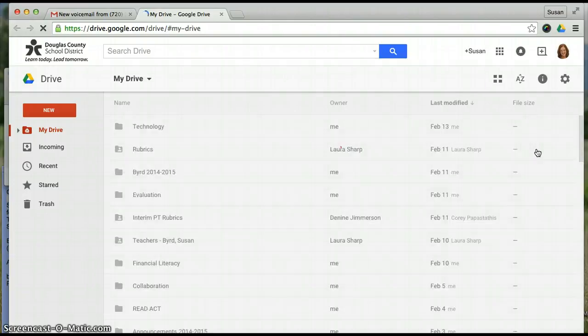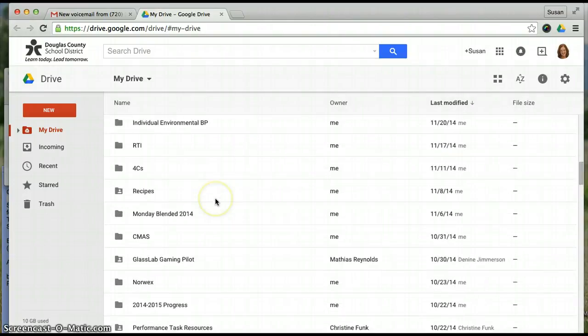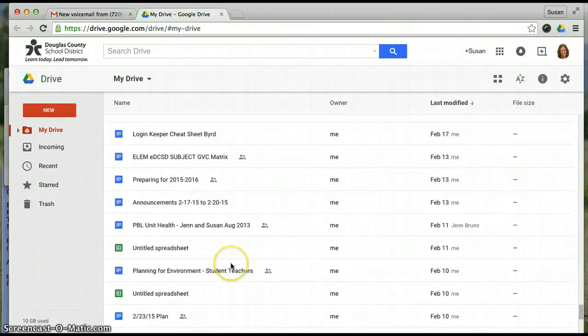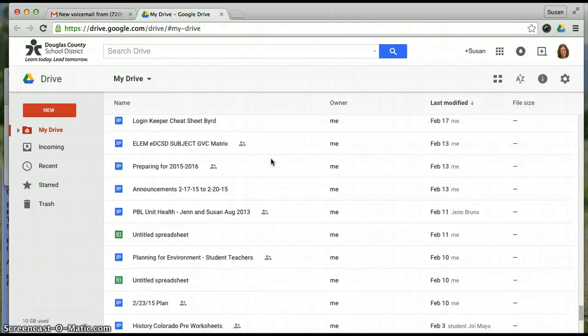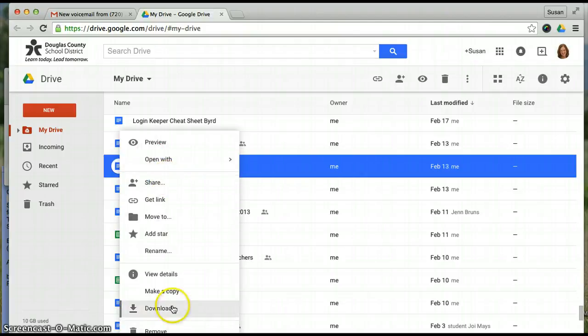I have a lot in my drive, so disregard everything I have in my drive. But let's just say you found a document in there. You're not going to have nearly as much in yours. So let's say yours was, I don't know, preparing for 2000, this one here. You have yours named as something, and it probably has a little blue icon by it, or if she did a spreadsheet like you said, it has the little green by it. So if you just right click on it and click download,